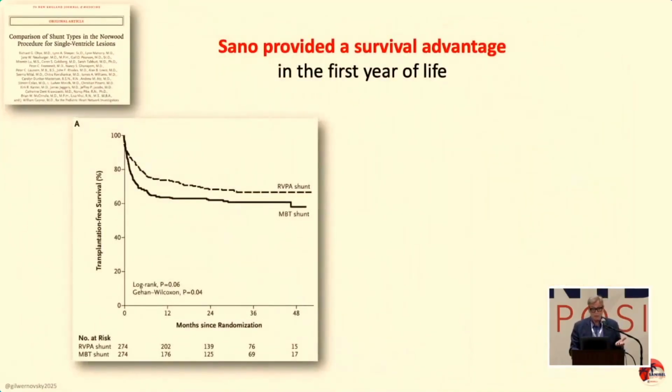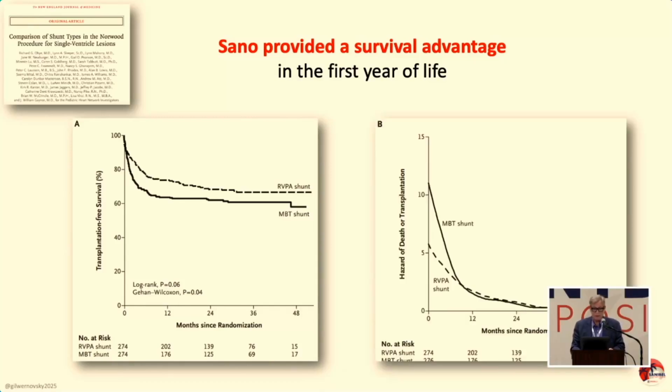To cut right to it, in the first year of life, the Sano, which is on the top, or the RV to PA conduit, had a survival advantage in the first year of life. That's a hazard curve. You could look at it basically, that's when it made a difference, in that first year. And then someone pointed out to me recently that of the 14 centers in the original trial, only 1 had